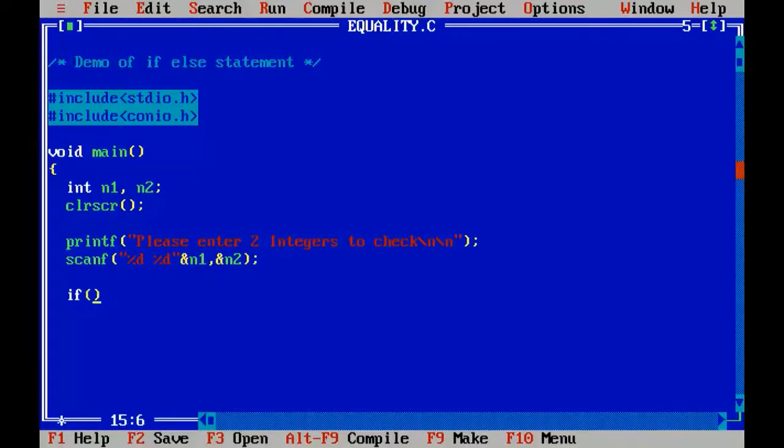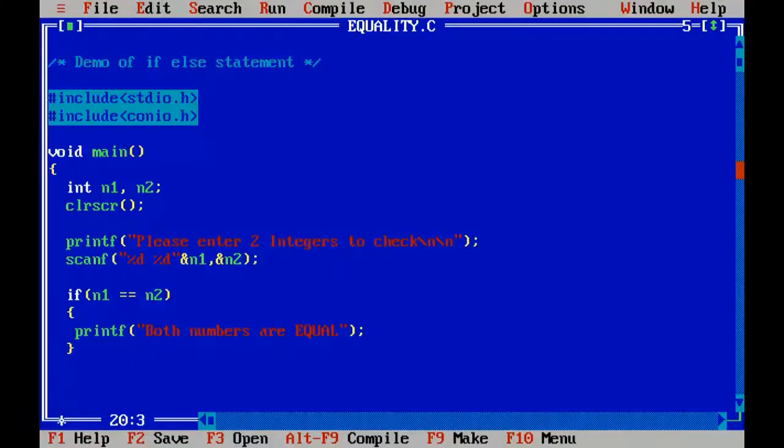If n1 is equal to n2, if this is true, I will print the statement telling both numbers are equal.